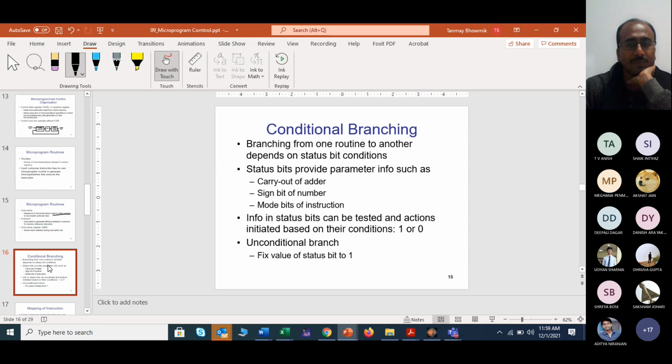So if you go further, that is the conditional branching. So we have also done this thing in our programming part. Just think that you are writing branch greater than or equal to, or branch greater than only, not equal to. So BGT, then BGE, followed by some other branch less than or equal to, branch less than. So different branch instructions can be there, right?